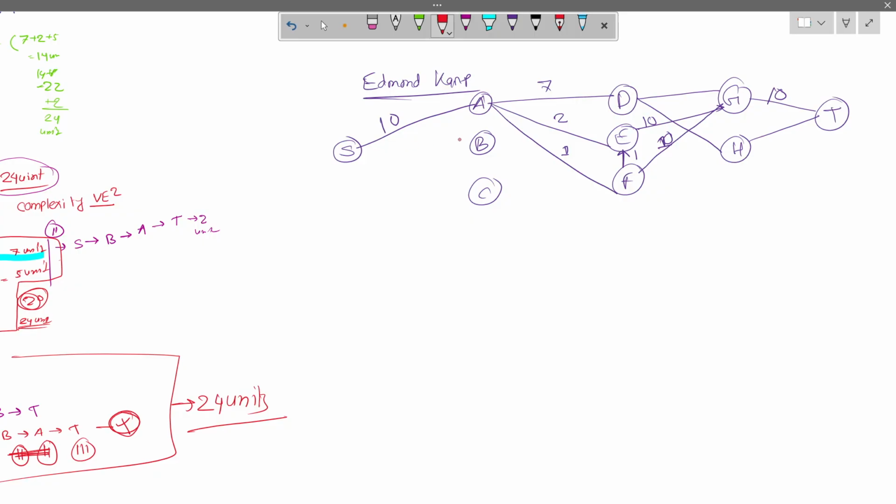So suppose as Edmonds-Karp works, and these are also connected like this, and so on. First, if we apply Edmonds-Karp with BFS, we will start from S, and the adjacent of S are A, B, and C. Now we take A, and the adjacent of A are B, D, E, F. Because B is already traversed,